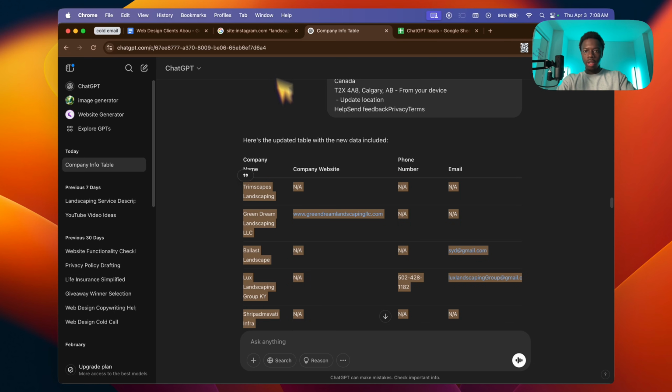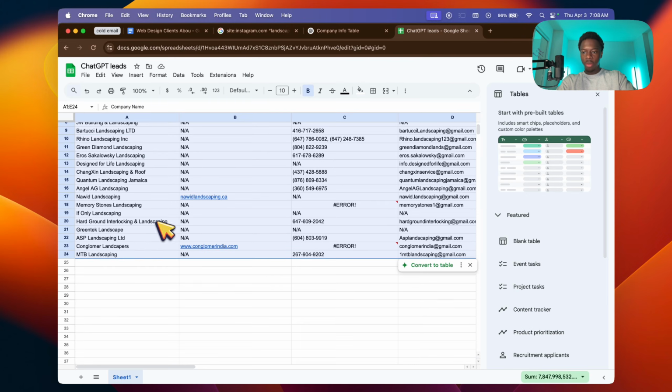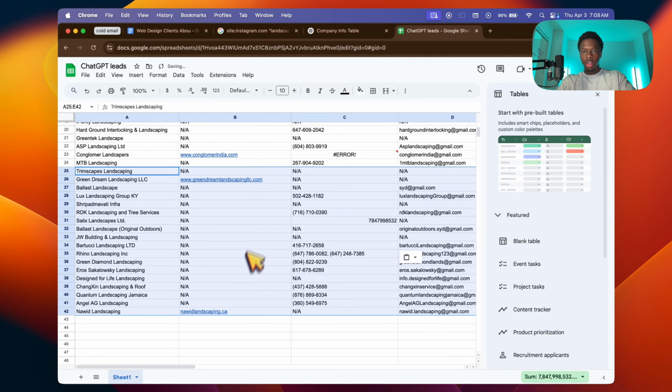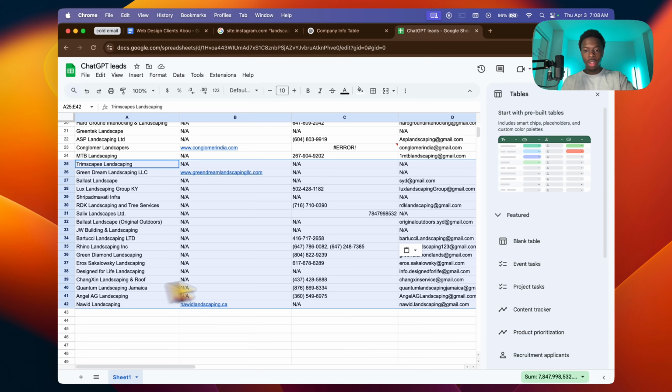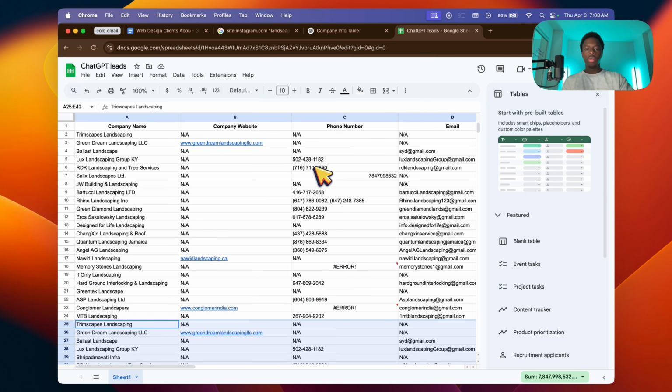Up until here, copy, go back into the ChatGPT leads and just paste it right on there. And now you can do this over and over again. And as you can see, in this little 3-4 minute time frame, I've already scraped literally 42 leads. Just go ahead and call all of those numbers,